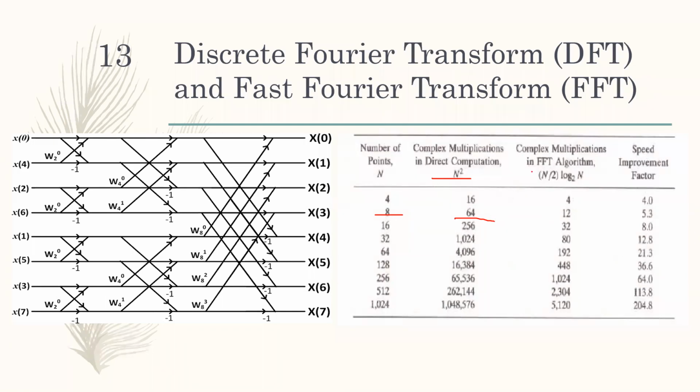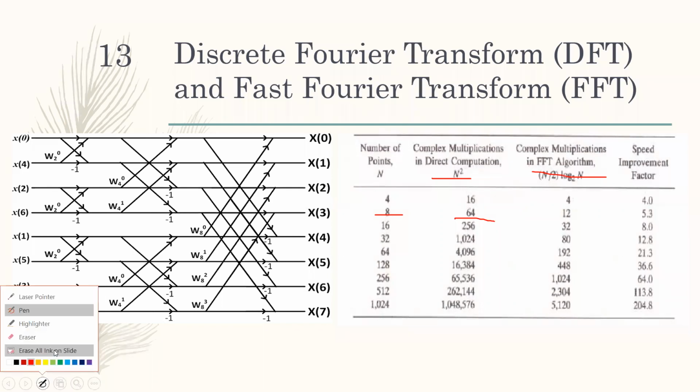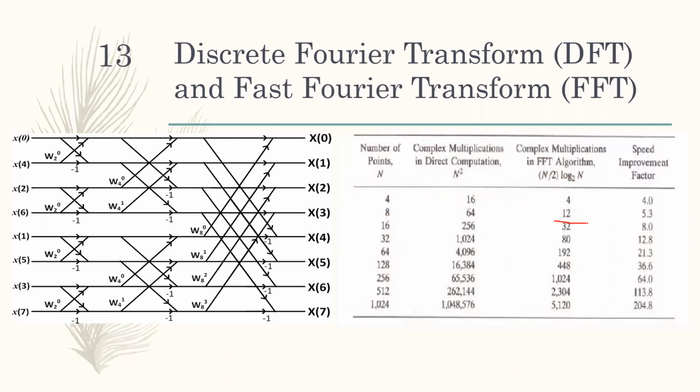But if I want to use the fast Fourier transform, the calculations, if you just see, it is just 12. So you can see how many computations have been reduced. From 64, you're coming directly to 12. So you're reducing the time required for the execution of this entire thing in order to obtain x of k. You are reducing the power consumption also in this case. You're saving a lot of power. So all these factors get added. And apart from that, since we are doing the calculations at a very fast rate, I'll be getting the overall result very quickly.